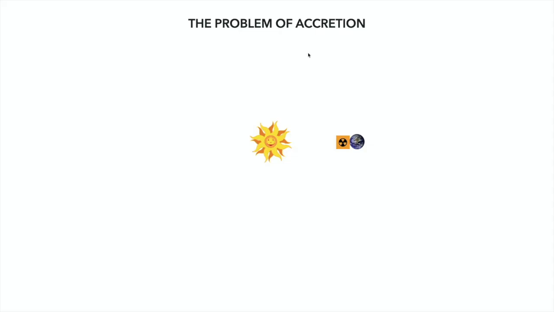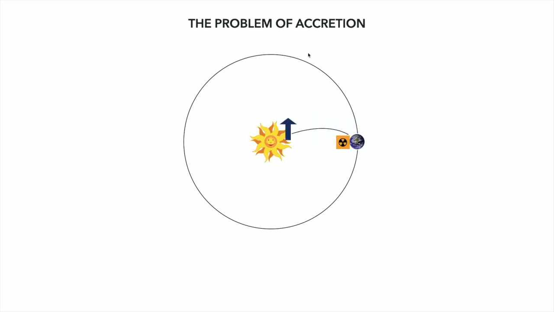All right, so our next problem is angular momentum. Angular momentum in the universe is a conserved quantity. And conserved means you cannot dissipate it, you cannot lose it, you must give it to something else. So you send your nuclear waste, the problem is that's not what happens, that's what you'd like to happen. But of course the Earth is orbiting the sun, and so if you send a little bit of nuclear waste radially towards the sun, it's just going to go straight back out. It has exactly the same amount of angular momentum, and you'll just meet your nuclear waste later on, and it won't be good for the planet.